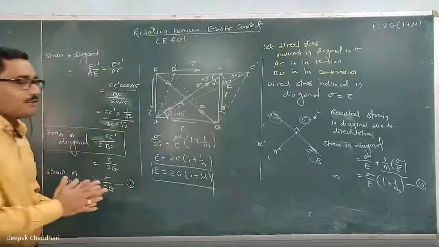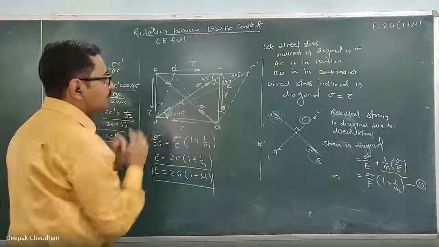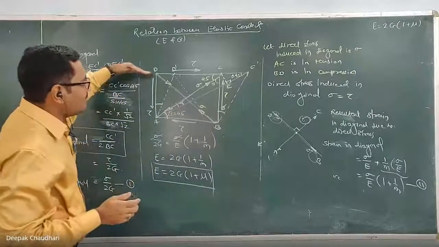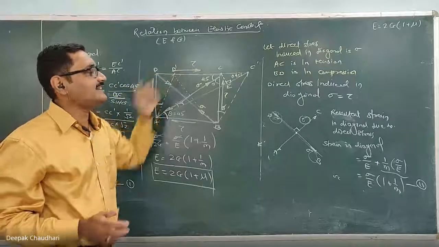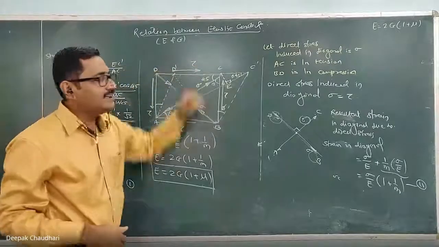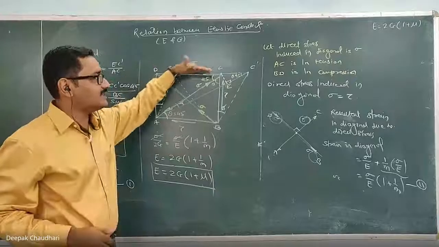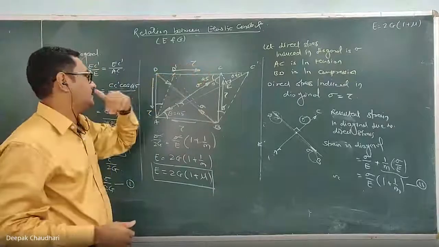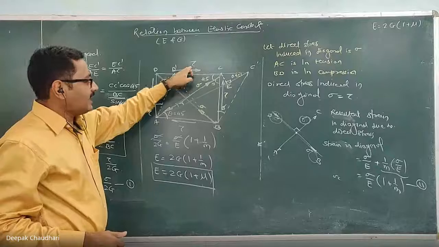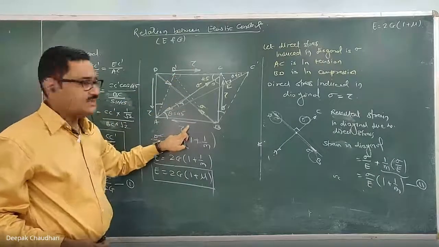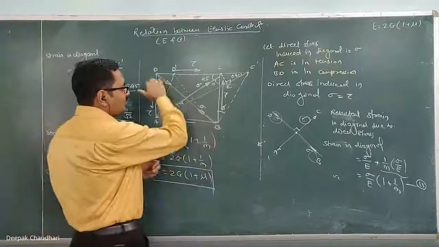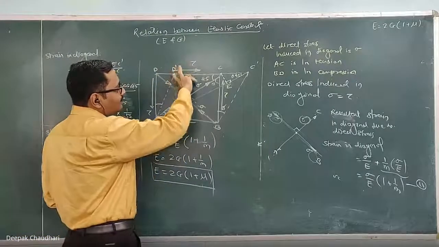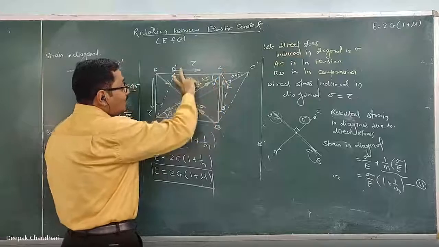Here, we have considered one cube, and on this cube we have applied shear stress. If I apply the shear force, that shear stress is induced on this plane DC. This is one plane of the cube, the front view. The reactive force is induced on this AB, and because of this shear force there is a shear stress, and a complementary shear stress of the opposite nature is induced.